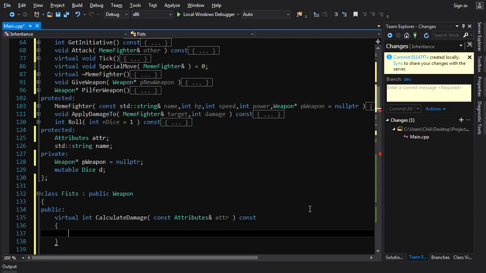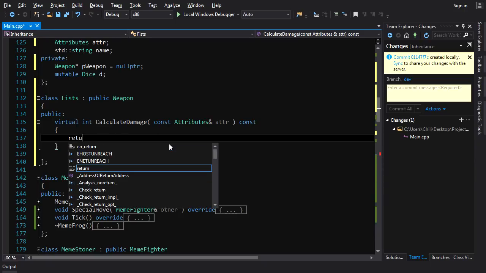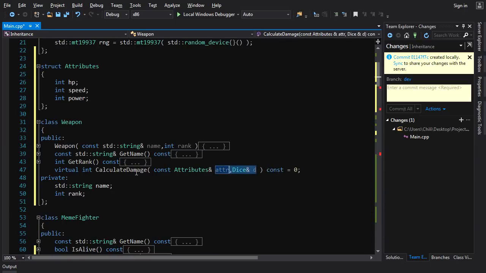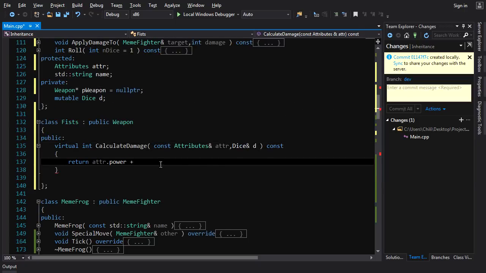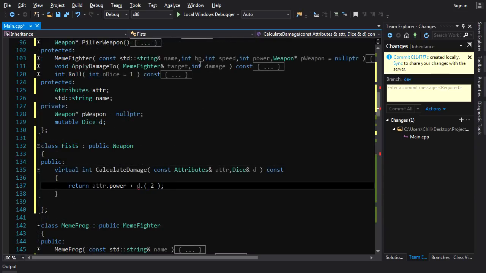And how do we calculate this? Well, fists is just going to be what we had before. So return attr.string.power plus, we also need the dice. So let's make a little change to the interface here. Calculate damage takes a reference to some dice. You take a reference to some dice. You return power plus d.roll,